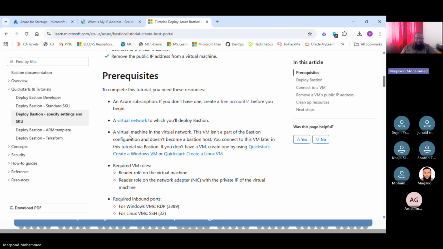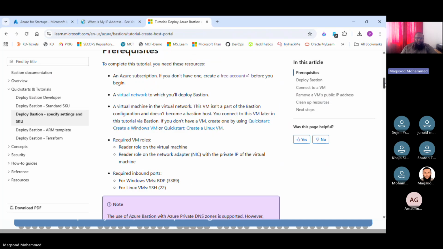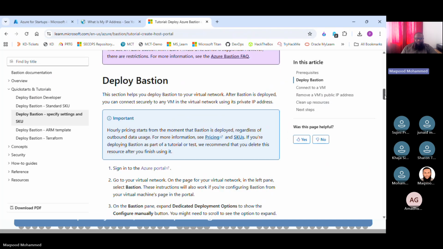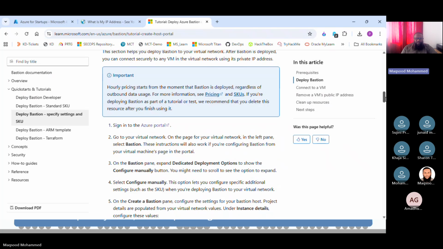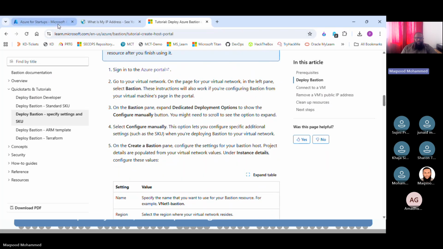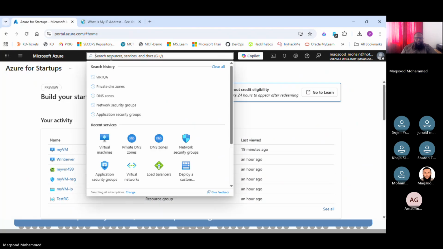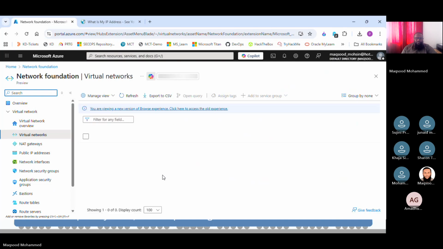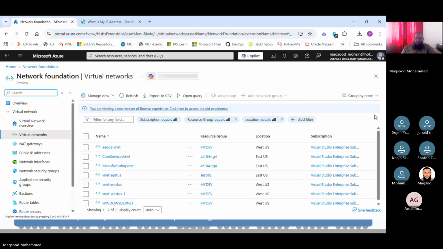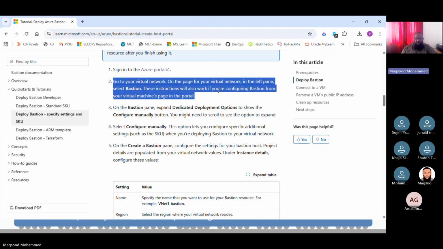And there are prerequisites. Okay, the virtual network, we already have the network and everything. We have the virtual machines also. So we'll go straight to the Bastion. So in the portal, now go to the virtual network. It says in step 2, go to the virtual network. So we are going to go to the virtual network, right? Okay. And in the virtual network,